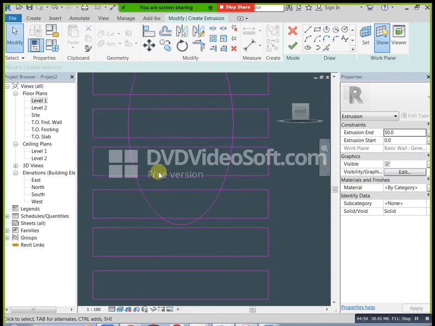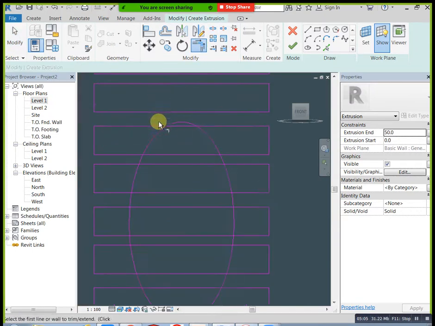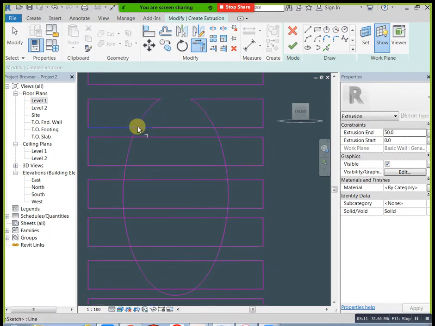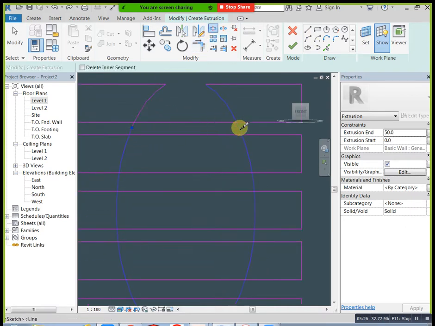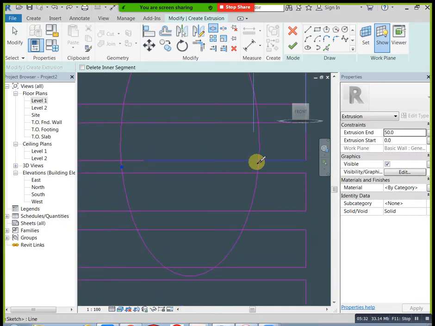Apply like this. Next, last one. Next, go to trim and select these options. You can apply like this, but we need to split these areas also. Now you can see.